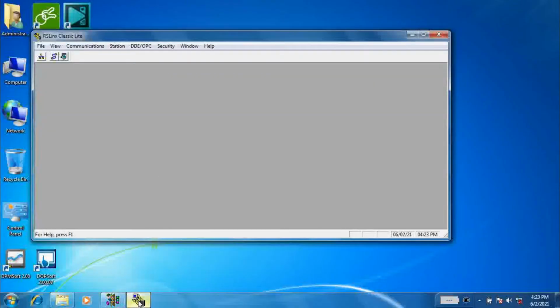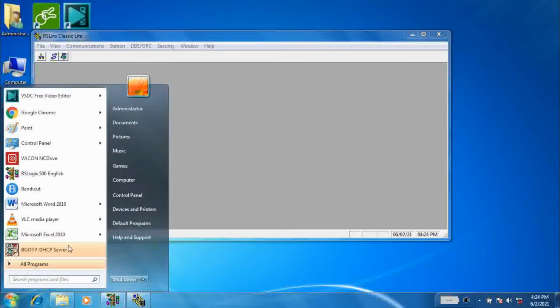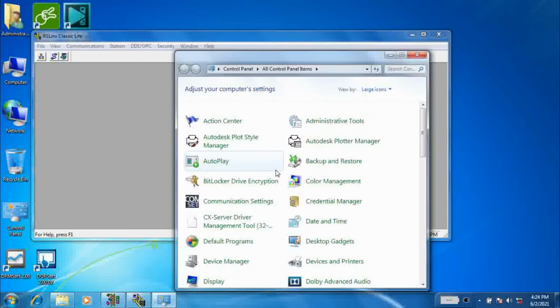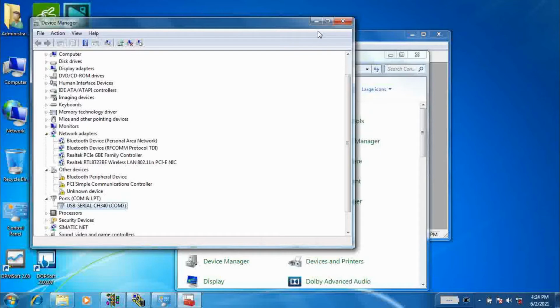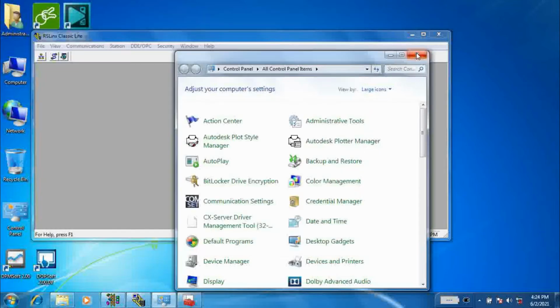Let's start by opening RS Linx Classic software for the communication purpose. First, you need to check the COM port in which your communication cable is connected. Here COM7 is used.